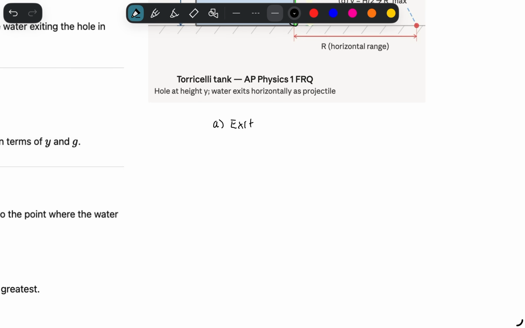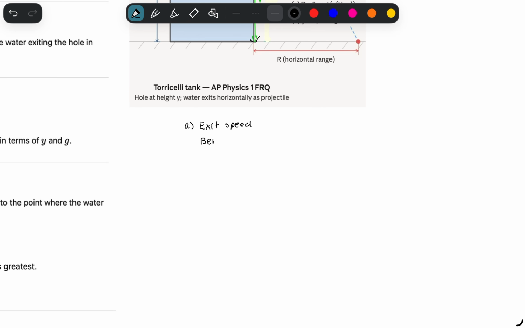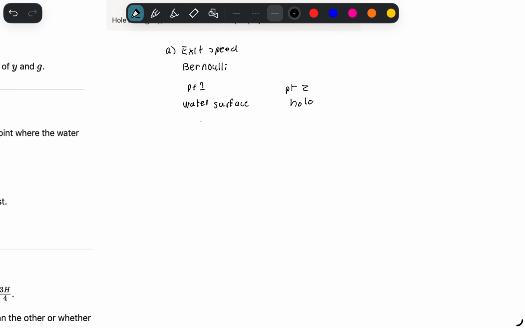So we want to get the exit speed, and we're going to use Bernoulli's equation between the 2 points. We're going to make point 1 be the water surface, and let's make point 2 the hole. So let's define our variables. So P1